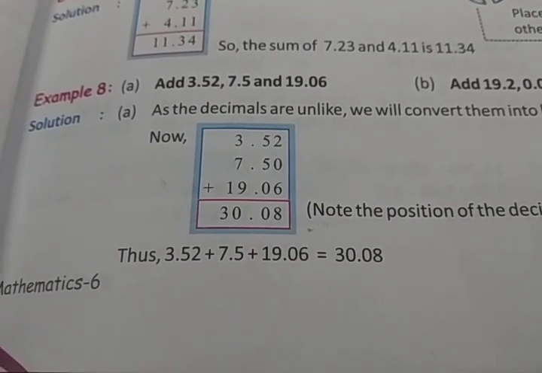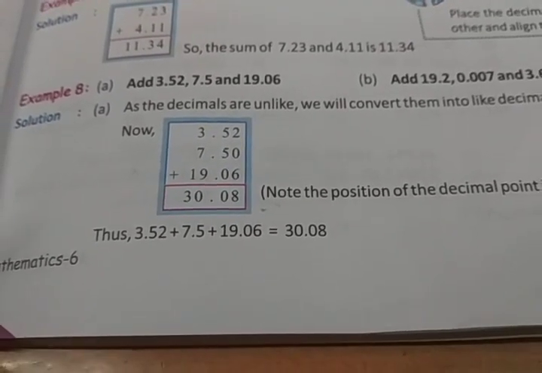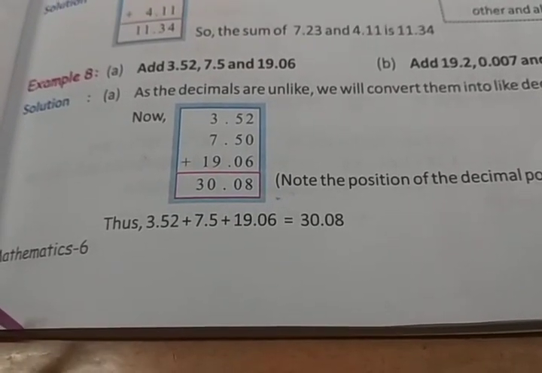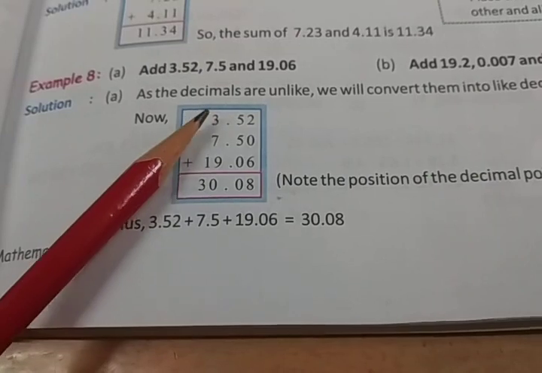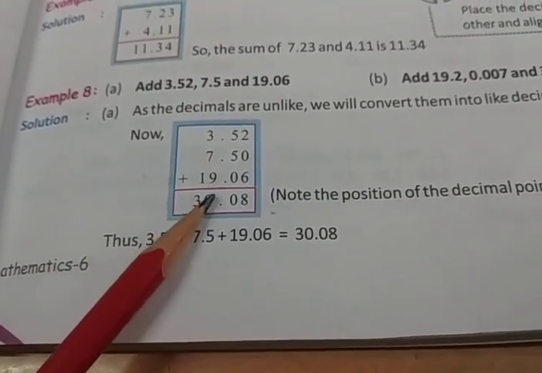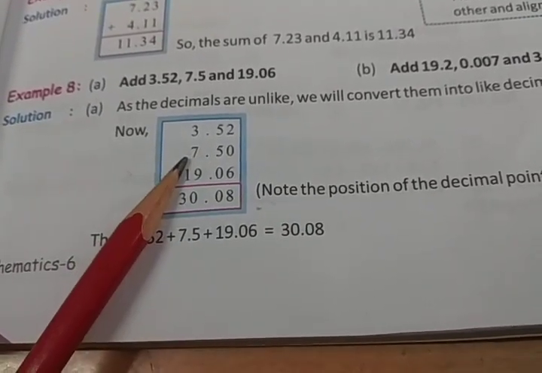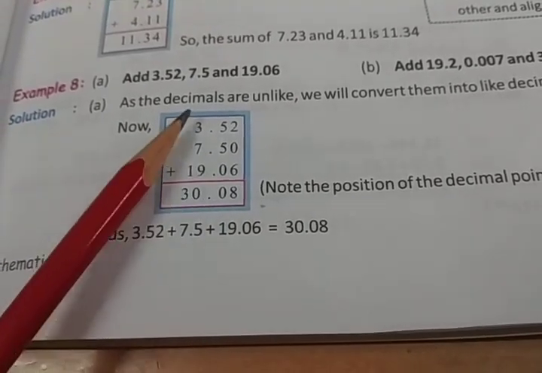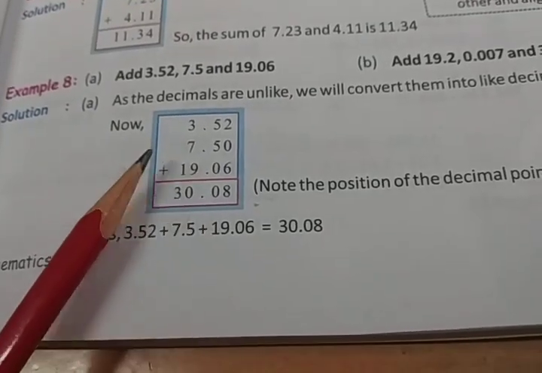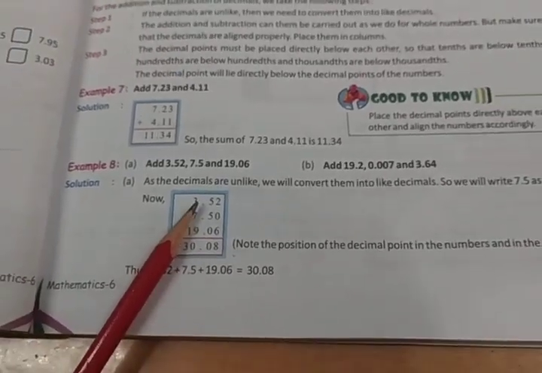How to do the addition of decimals? Addition is common, but what we have to remember is where we are placing the decimal point. As you can see here, when we are doing the addition or subtraction, first we have to arrange the decimal in a proper way. Okay, here you can see, here it is 19, here it is 7, right? 10's place, but the decimal is in the same format. If you are not keeping your numbers in the decimal format, then your addition or subtraction is wrong. You have to arrange the number according to the decimal form.